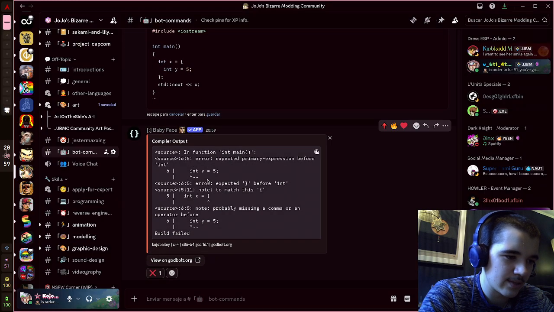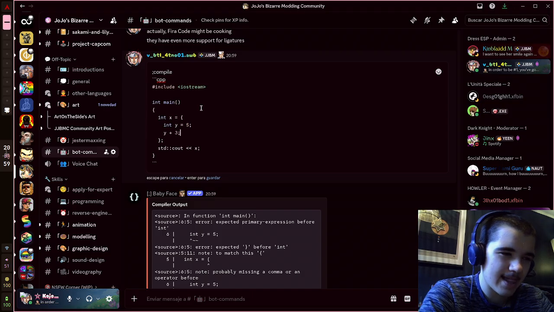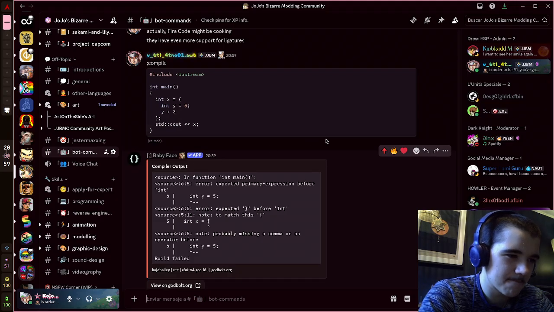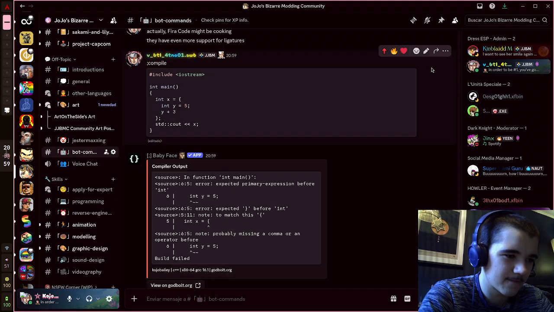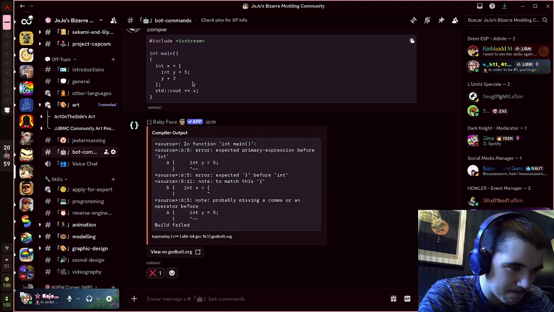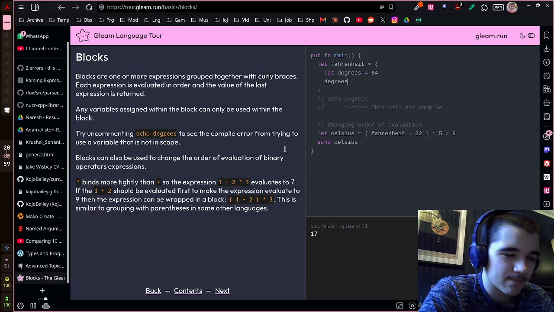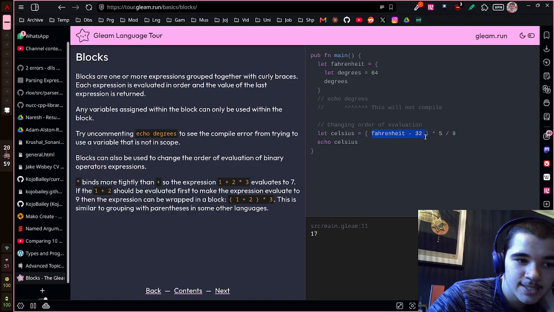Expected primary expression before int. Okay. Ooh, yeah. Maybe you can't actually define nested variables. Oh yeah, this is so wrong. Never mind. Okay, never mind. Yeah, no, never mind. It's different in C++. Yeah, so to his credit, this is only possible because you can do this. But then I would just rather advocate for, so you can do,